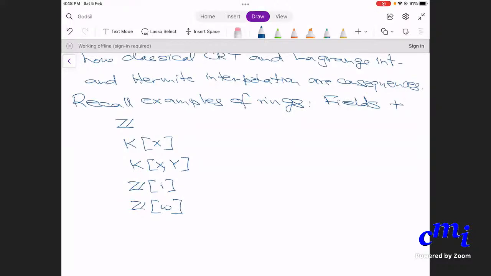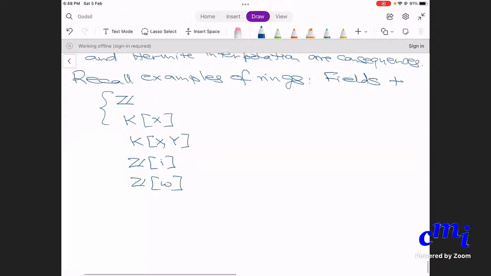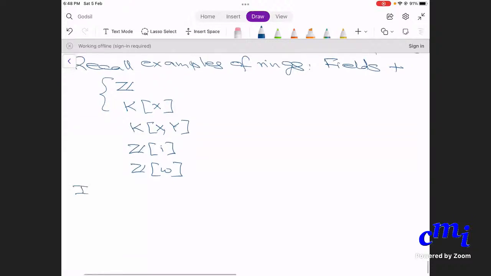Okay, so these are all examples of rings, but these rings are all in some sense very nice in various ways. Particularly the rings Z and K[x] are extremely well behaved rings. Of course, fields are the best kind of rings that you want, but we would also like to have examples of rings which are not as well behaved. So the way to get examples of rings which are not as nice is to take quotients of these rings by ideals. So if I is any ideal in a ring R,